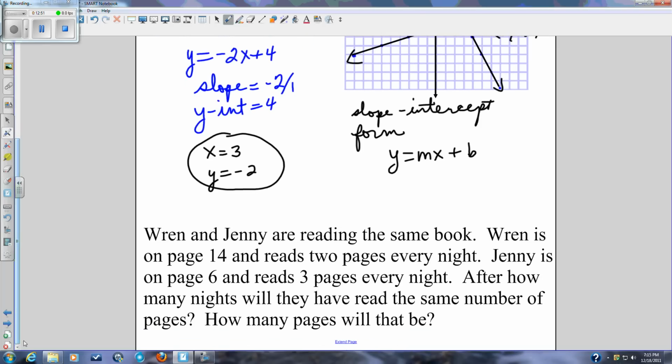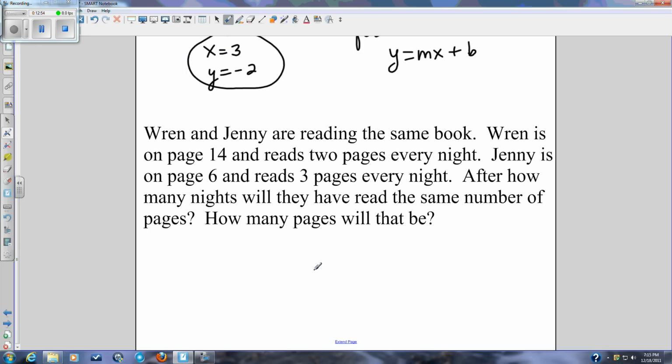Now, next, let's see how we can actually apply this. We have a